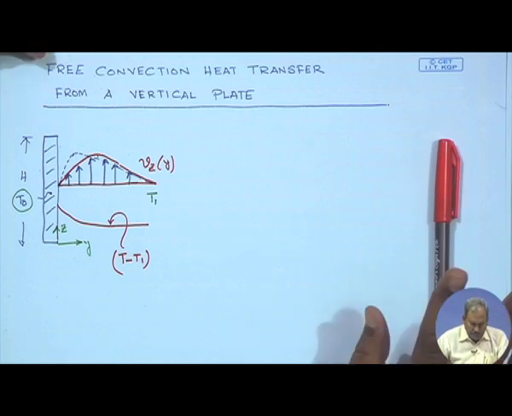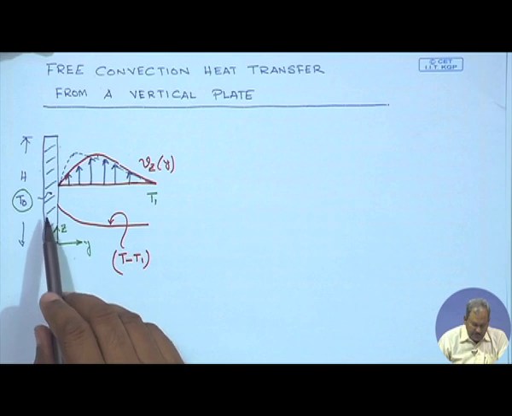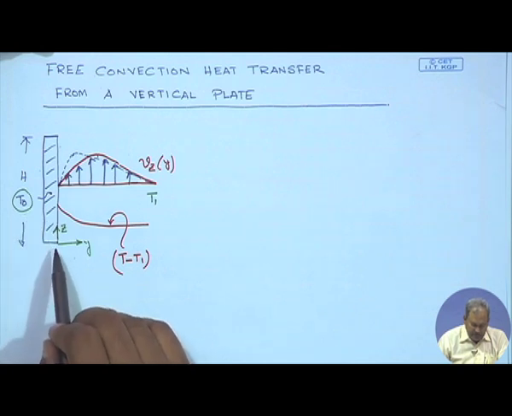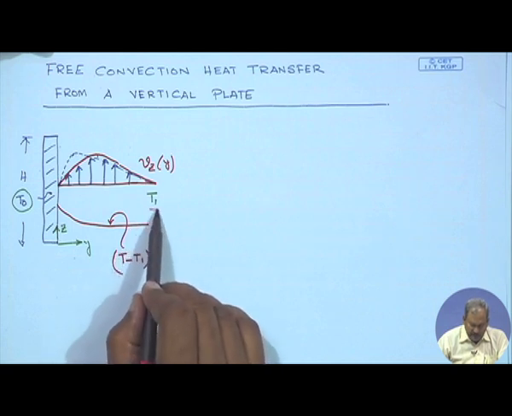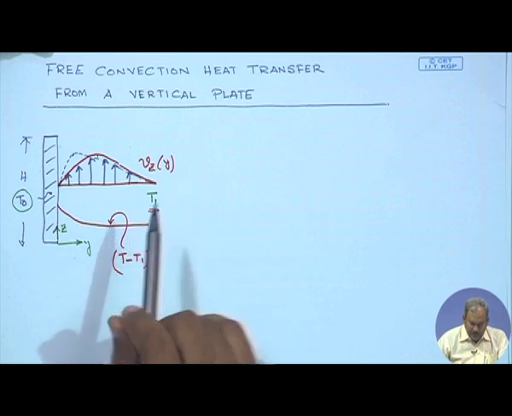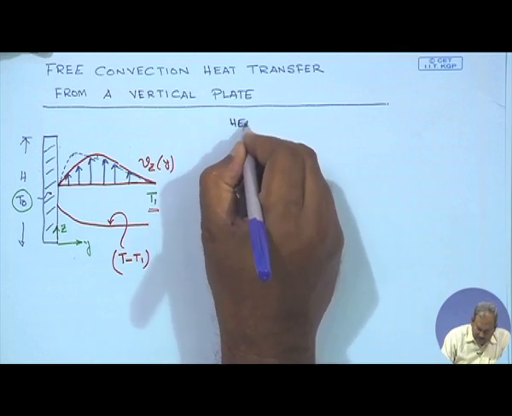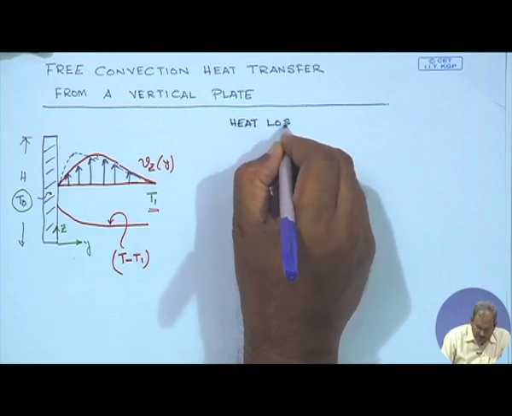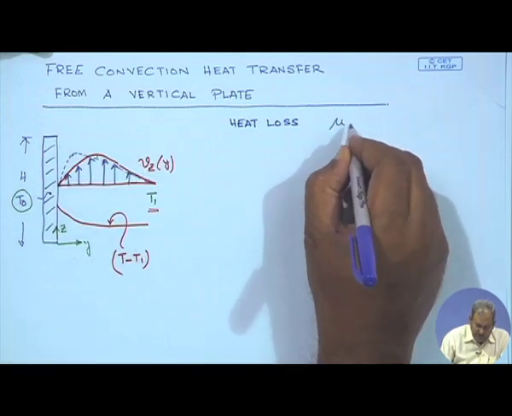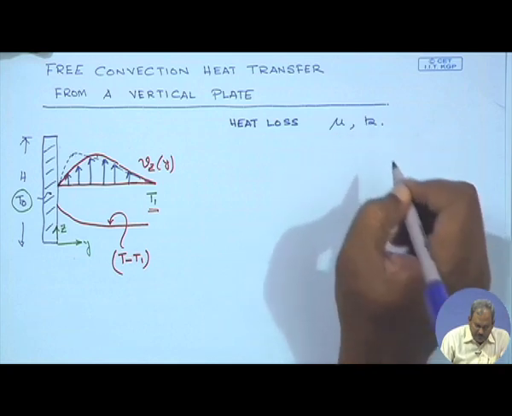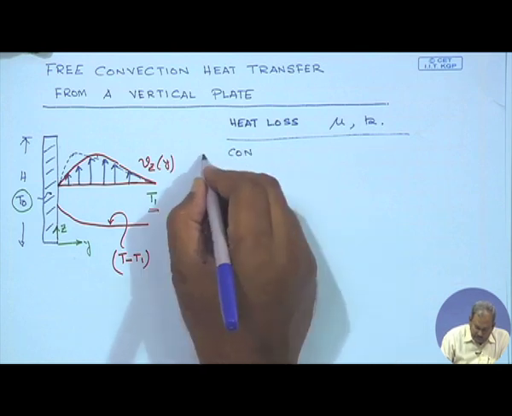Now the problem statement therefore is that a flat plate heated to a temperature T0 is suspended in a large motionless body of fluid which is at a temperature T1, and we need to find out the heat loss. What would be the heat loss from such a system, in terms of the velocity, in terms of the physical properties, for example mu and k and so on. So, in this case the convection,